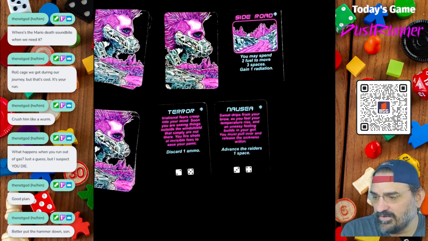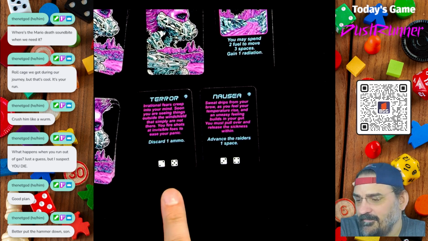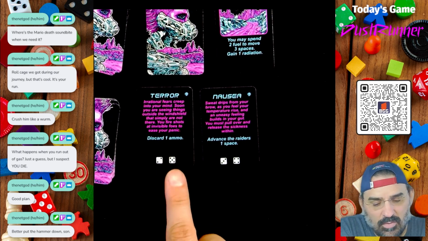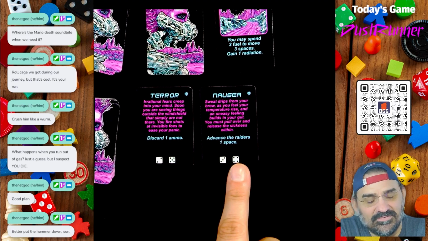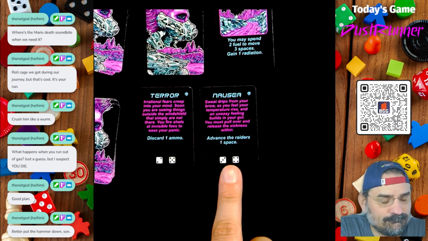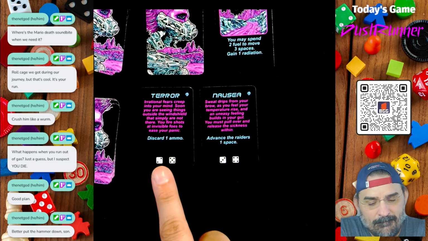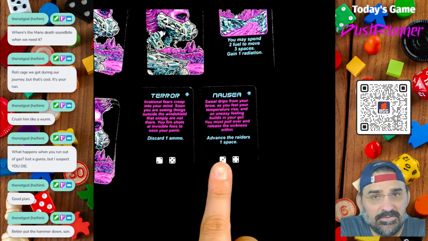I'll come in nice and tight so you can see those. There we go. When the bad stuff happens on terror, if it happens at all, I would have to discard 1 ammo. If the bad stuff happens on nausea, I'd have to advance the raiders. I feel like I should take terror. I don't like losing ammo, but I sure as hell don't like